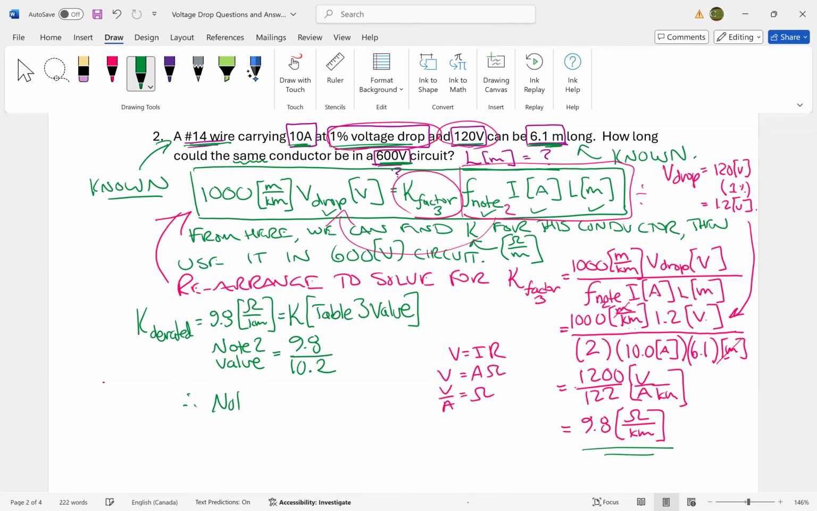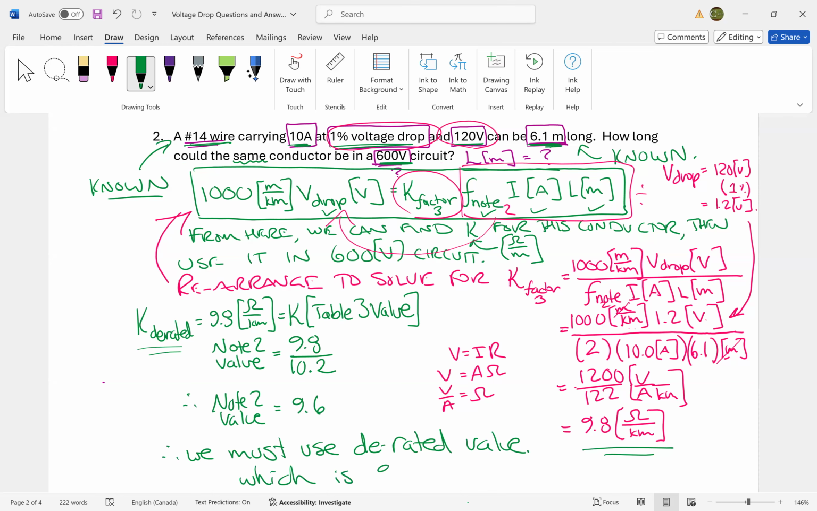Therefore, the note 2 value is 9.6. So what we must use is the derated value, which is 9.8 ohms per kilometer. So what I'm saying here is when you look at table D3, you're going to see